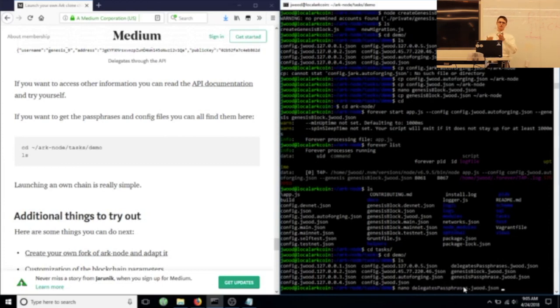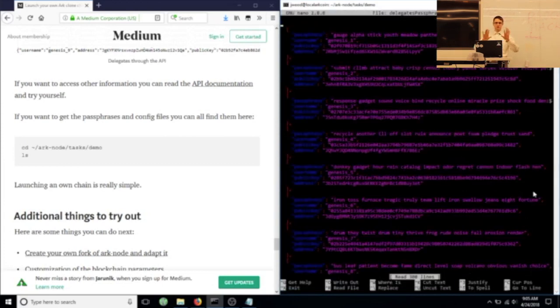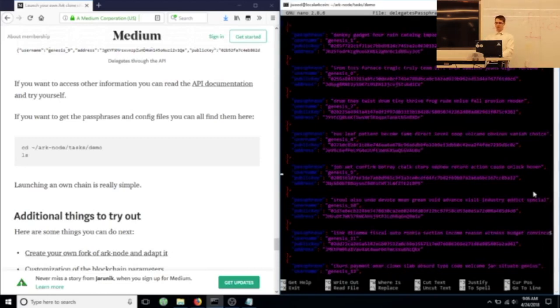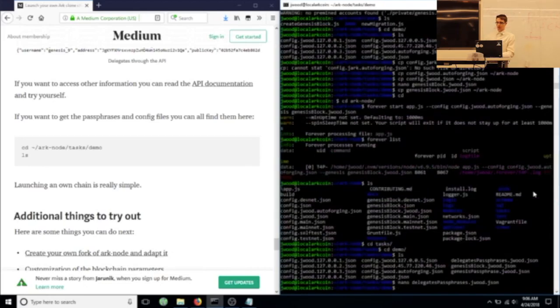Right now, they're all hosted on the same server. Of course, if you wanted to decentralize it, you could have each of these on their own server. And so now you have the passwords of all of them. You can get into all of them. Nano Genesis passphrase for myself. Now you can see the passphrase for Shine, Glad, Monkey, Oval, Tonight, Left, Crash, Genius, Fiber, Tone, and Roll, Cube